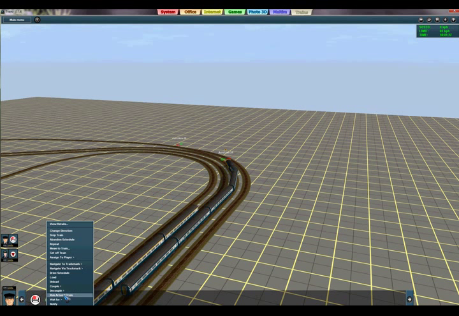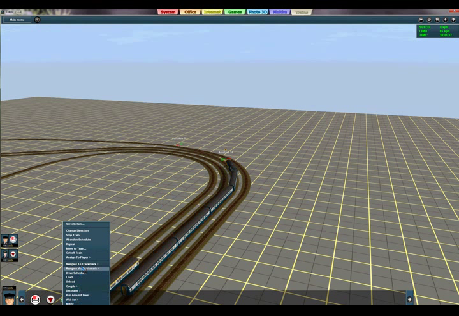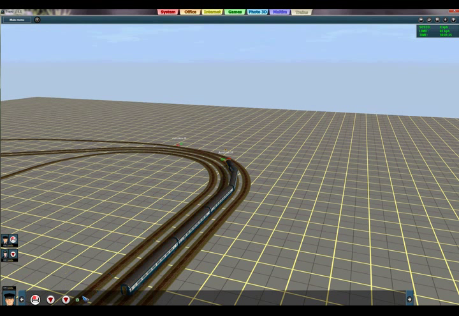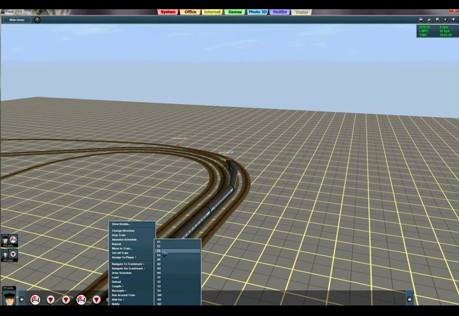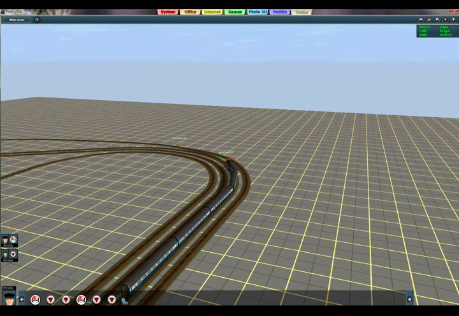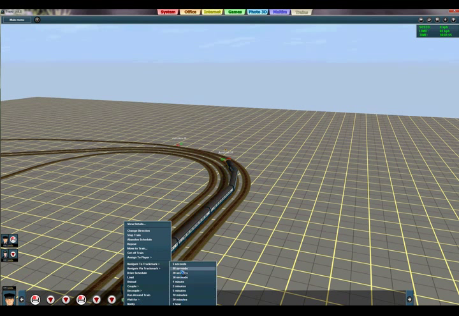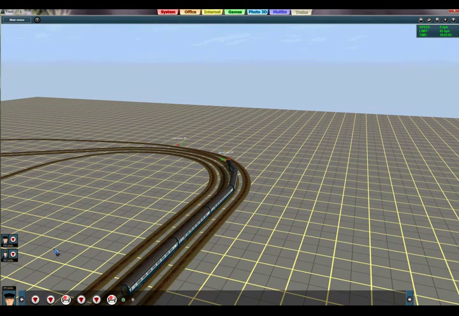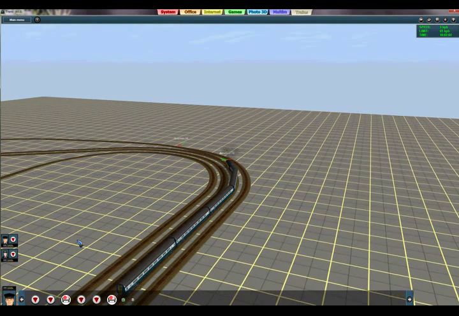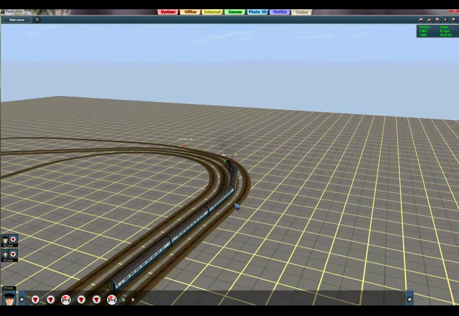I want it to go via east 2, yes, and then to north 2, and there I'd like to wait for 10 seconds, and then via west 1, the outer track, I would like to return to south 2, yes, where we were, and then again wait for 10 seconds and repeat this whole schedule. And now I take this one out and it should be on the move. Yes, it is. Well, let's follow this one and see what it does.